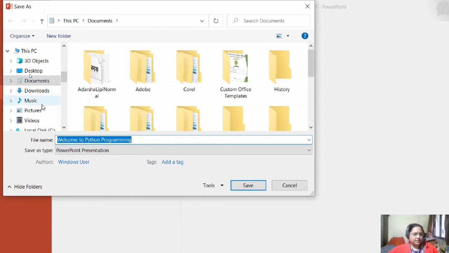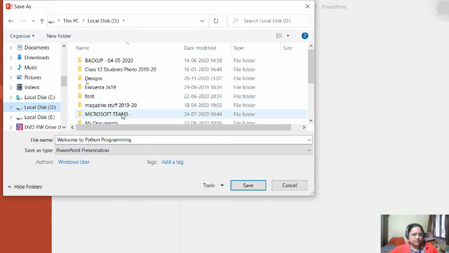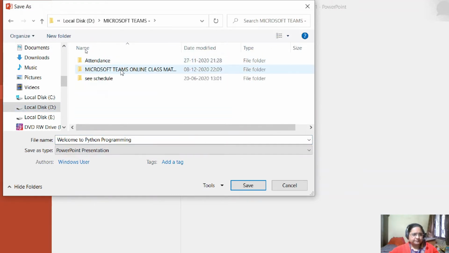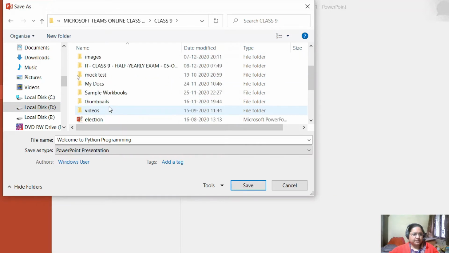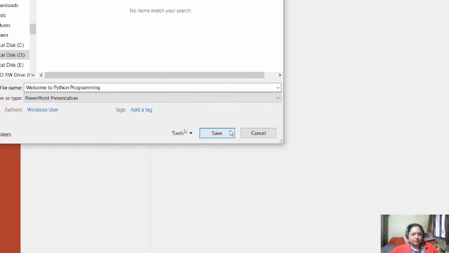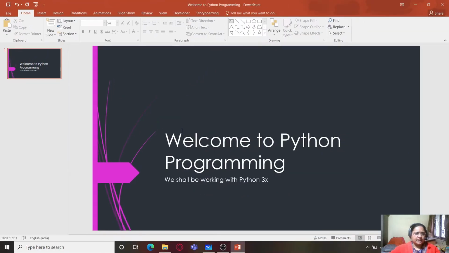So here I'm just going to go to any suitable location. Usually it gives me the default location as documents, but if I want, I can change the location also. So I'm changing the location, and I prefer saving everything in my docs. And here I'm going to save this presentation. So the presentation gets saved there.